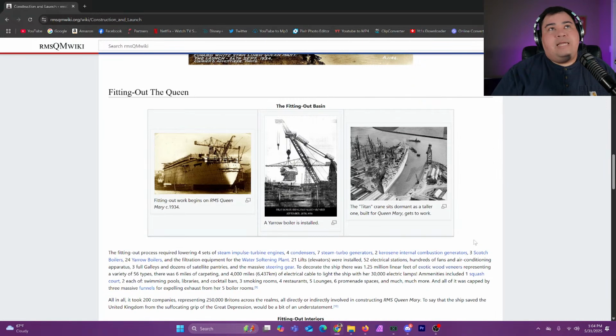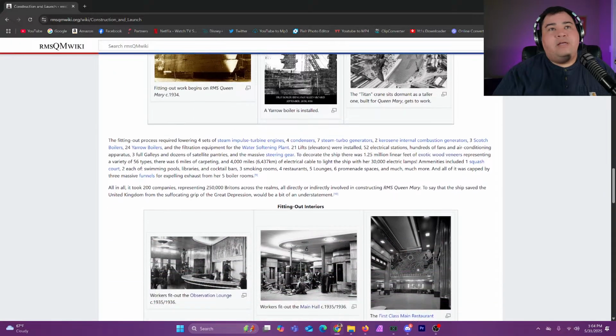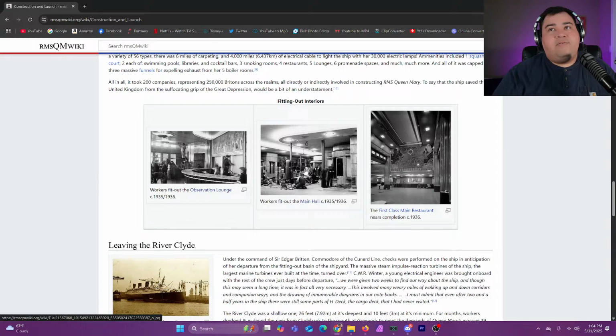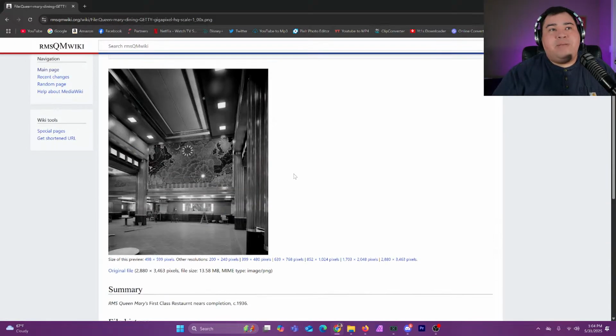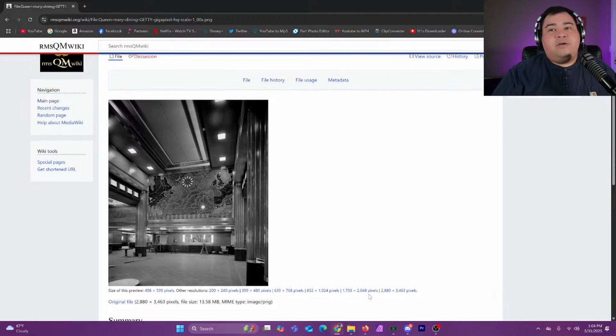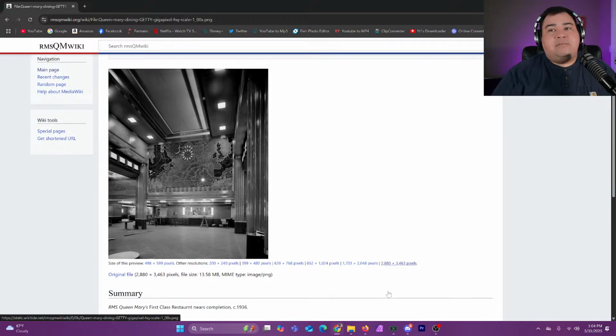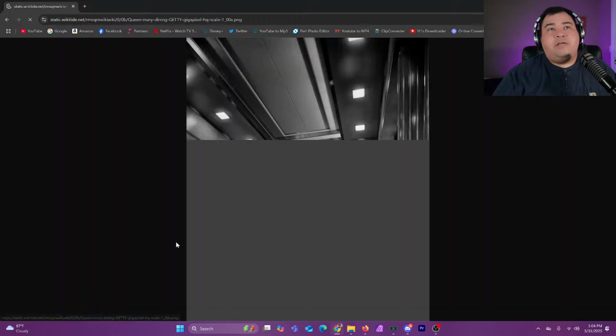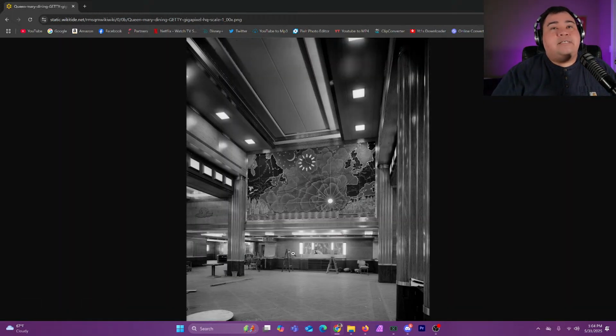But in any case, as I was saying, you've got information on fitting out the Queen Mary. It's just packed with information and photographs. If you click on a photograph, it'll take you to a more expanded version. And even then, there are more expanded versions of that, because this original photograph is in basically ultra high definition. So if we click down here, it'll take us to this.